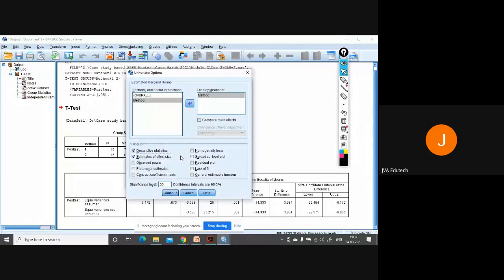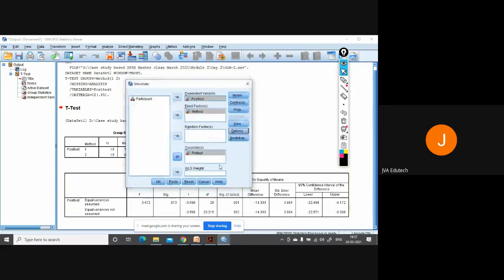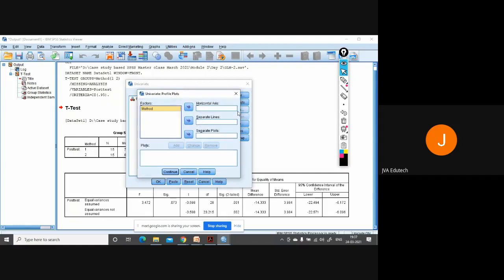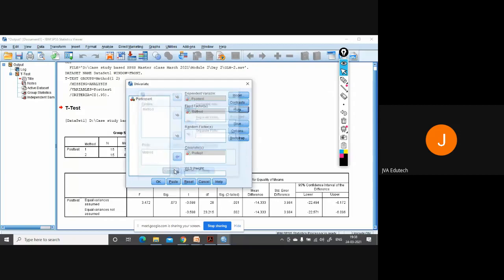You will get the eta square, which is the estimate of the effect size. Then click on continue. Now we want a plot also. For estimated marginal means, we want a plot. So select method, horizontal axis, add it, continue.